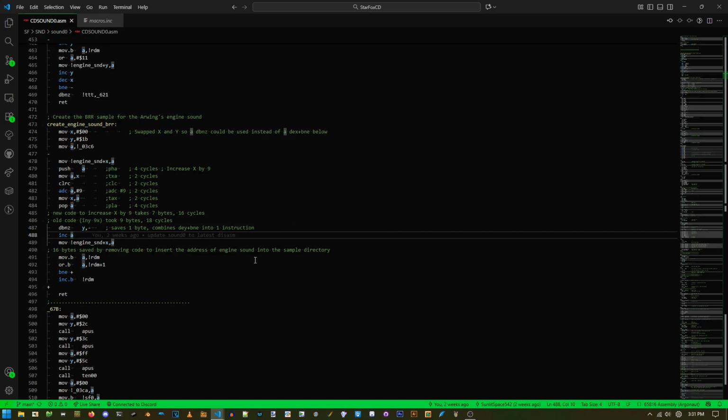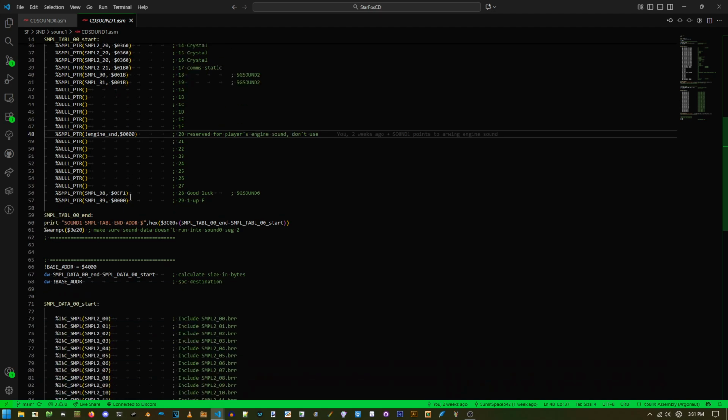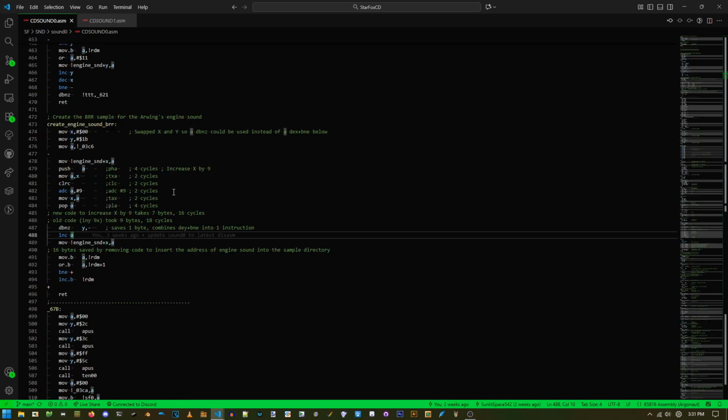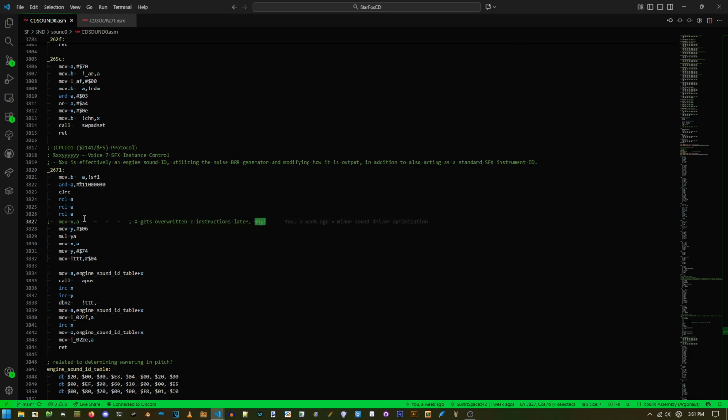And then here I removed that whole thing to insert the address of the engine sound into audio memory because I ended up not needing to do that. I actually just baked that in directly. I only have 2 sound bins now. This is the one with all the samples. I just hard code that right into the table. We don't need to do that. So that saves a few bytes, and then I found a few more places. There was one here where this instruction was redundant and doesn't need to be done. I took that out, saves 1 more byte. And there was another